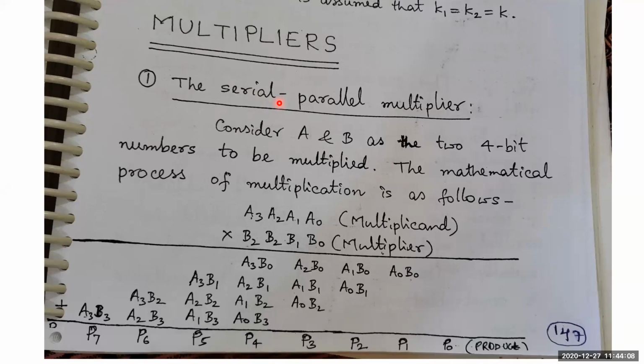So that's a major difference between the previous one and this one. Here, the first one is the multiplicand and this is the multiplier. We all know that one. On multiplying B0 and A0, you get this one. B0 and A1, you get this one. B0 and A2, and B0 and A3, you get this one. So ultimately, if you do multiplication, you get this kind of operation.